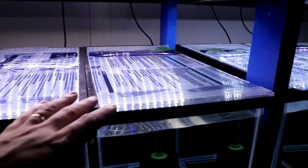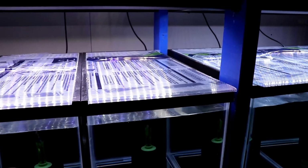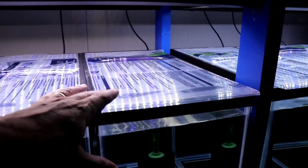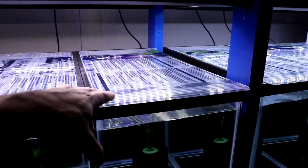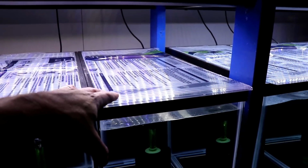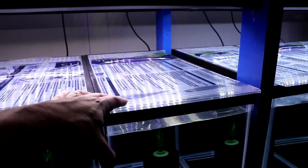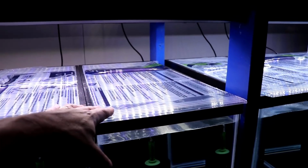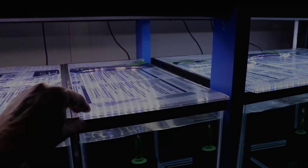It's kind of expensive, but when you're doing a bunch of tanks at one time, it's a lot more affordable than glass. For instance, this stuff comes from Home Depot. It's in an 8-foot sheet, and that 8-foot sheet costs $40, and out of it I can make 8 of these tops. Because these are only 11.5 inches each, you're basically spending about $5